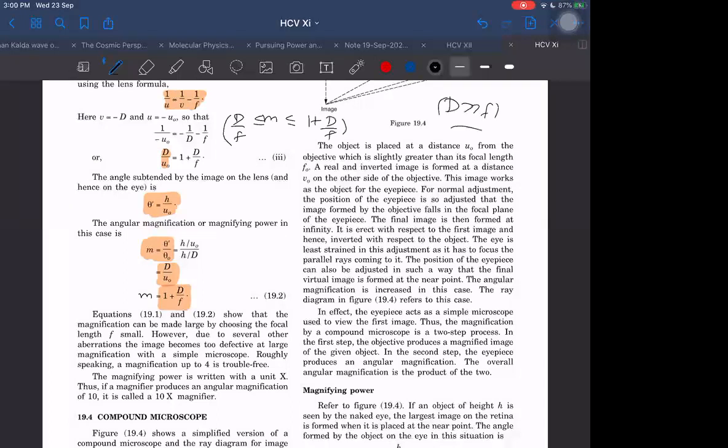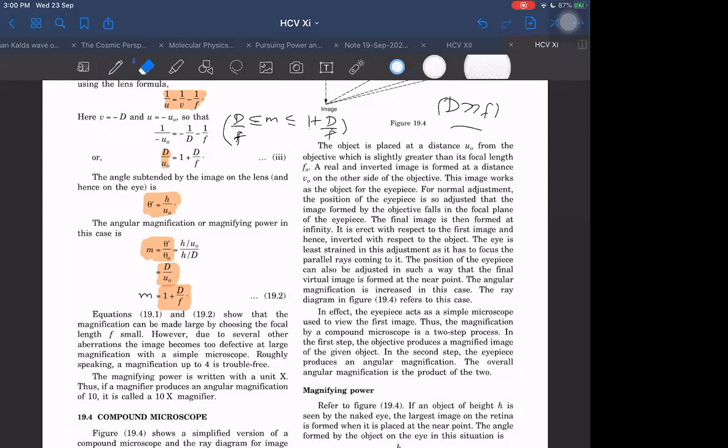Because I know it is a microscope. What is the purpose of a microscope? The purpose of a microscope is only to give large magnification. So if I want magnification, let us say it is able to magnify maybe 100 times or 30 times or 15 times, or even 10 times, very less I am assuming. Then also it is 1 plus 10, 11, and it is 10. So 10 to 11 means it is nearly 10 only. Therefore, it doesn't make much difference. Magnification will be approximately equal to d by f only.